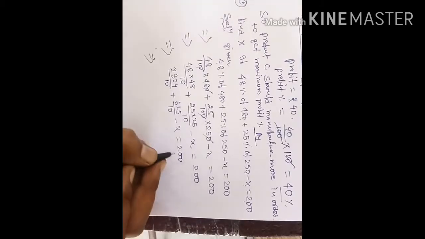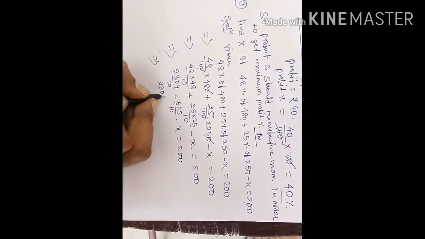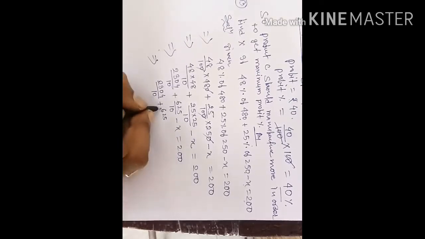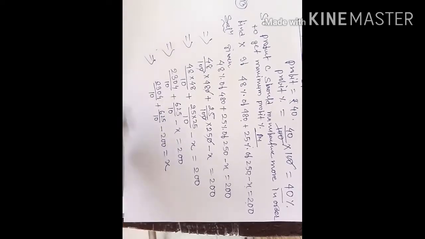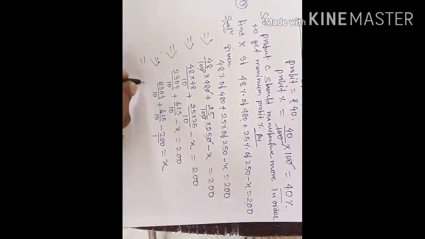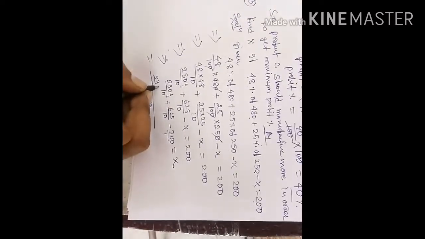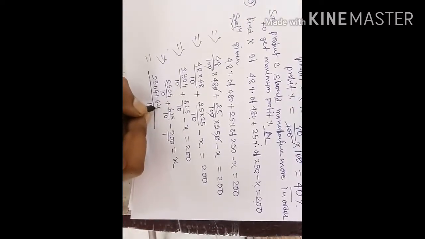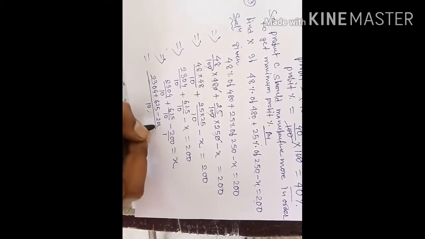So take 200 to the LHS and x to the RHS, so 2304 by 10 plus 625 by 10 minus 200 is equal to x. Take their LCM which is 10. So you write 2304 plus 625 minus 200 into 10, that is 2000,